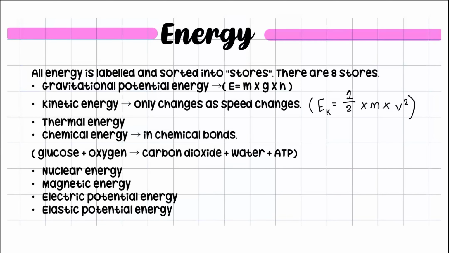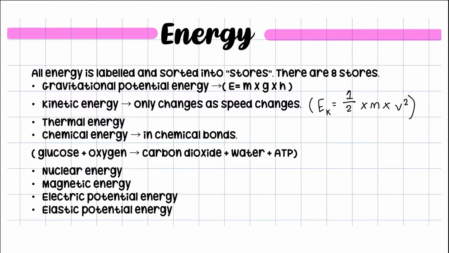Today I'm going to be doing a video about energy, and it applies to all GCSE students for science and physics. So, all energy is labelled and it's sorted into stores. So you need to know about the 8 different stores of energy. So there's gravitational potential energy, kinetic energy, thermal energy, chemical energy, nuclear energy, magnetic energy, electric potential energy, and elastic